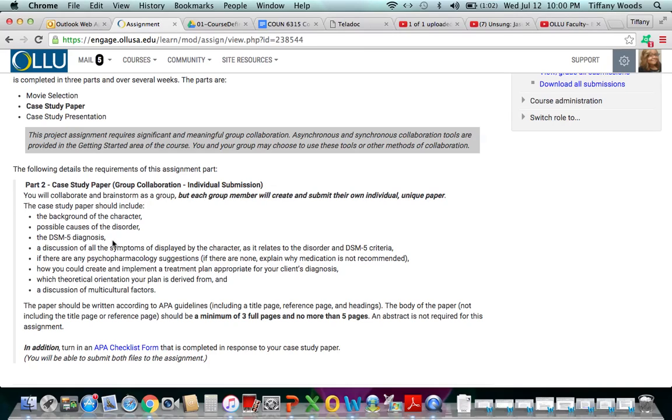How would you treat and create and implement a treatment plan according to your client's diagnosis? Include research to back that up. So if you're saying